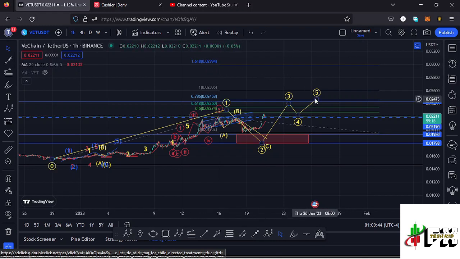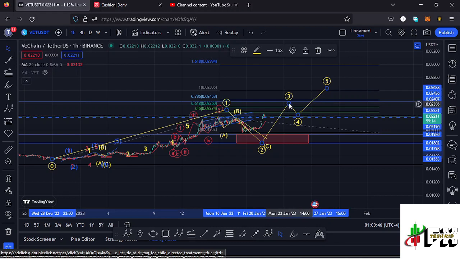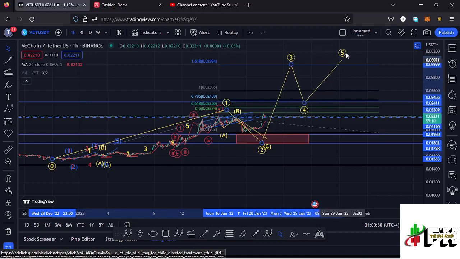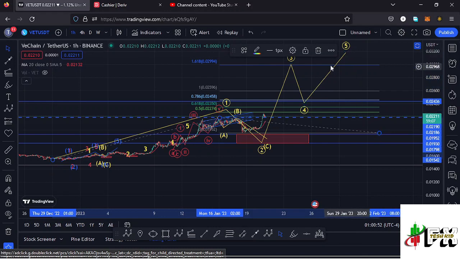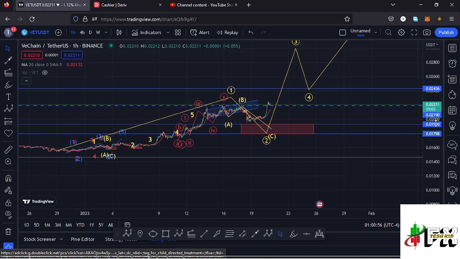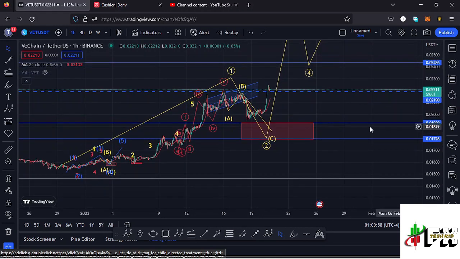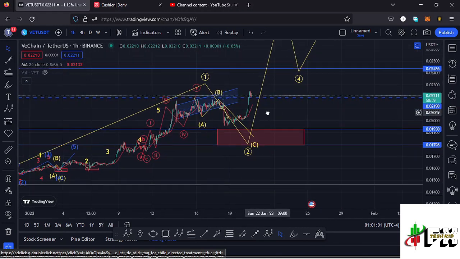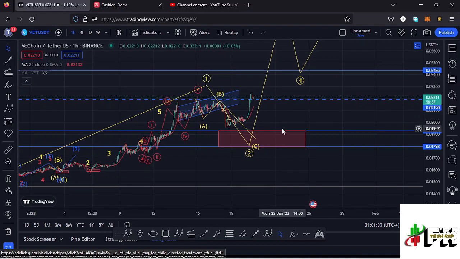And that is the minimum that I'm expecting that wave 3 to the upside to do before we see a wave 4. Then expect another bounce to the upside in the formation of that wave 5 to the upside. And for us to still say that we are in the formation of this wave 3, we need to continue holding above the wave 1 high, which I have marked here on the charts, which perfectly lies at around the